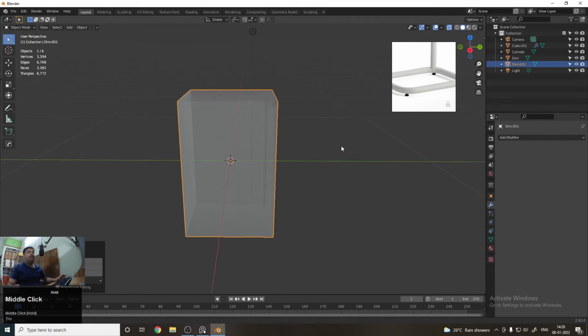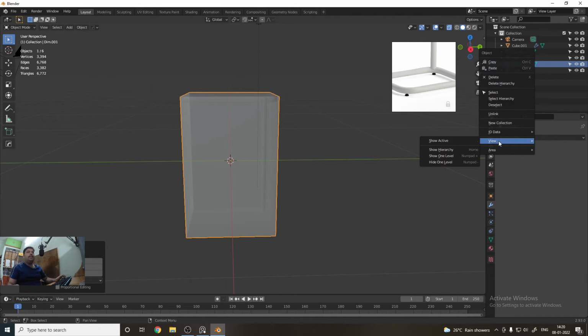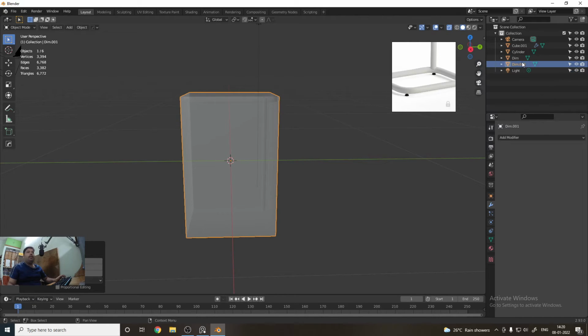In this manner you can duplicate it, and I just need to rename it to cylinder. Right click on it and there is an option known as rename, or double click on it and rename it to cylinder.